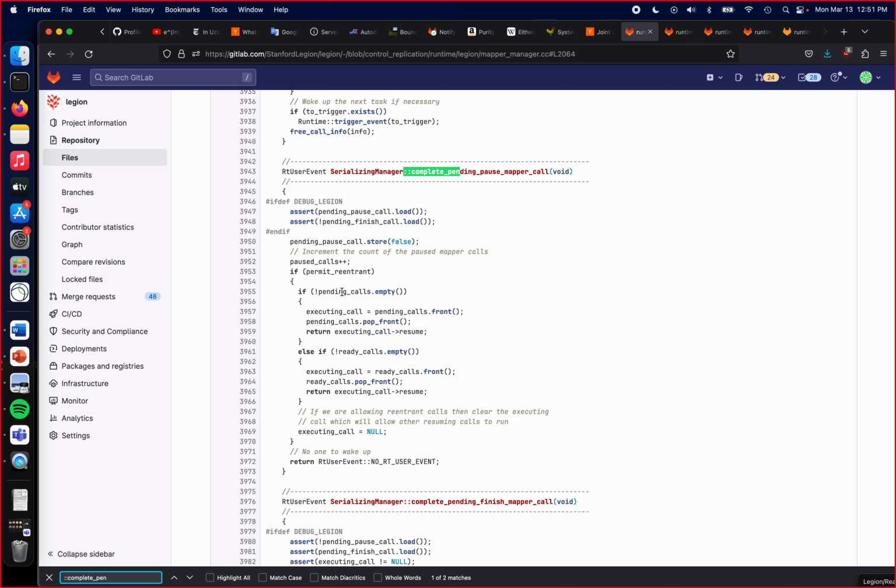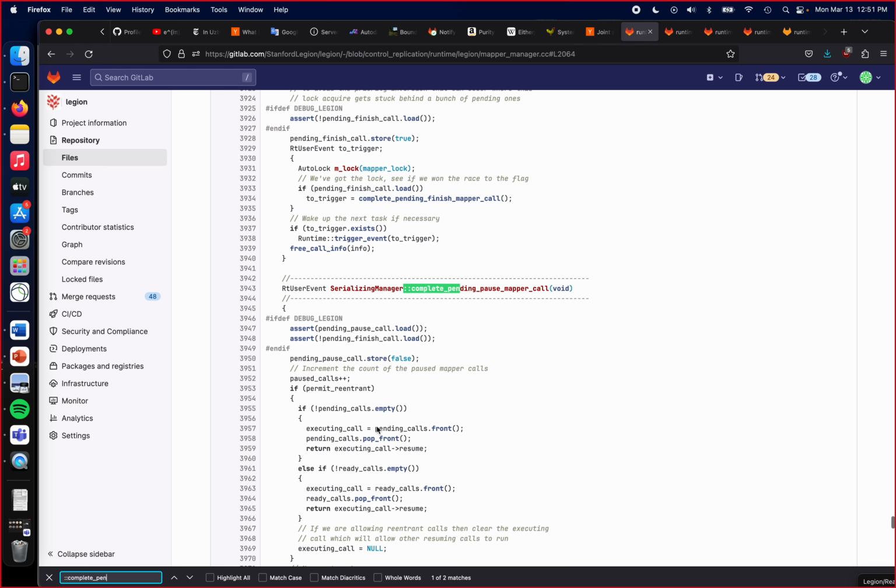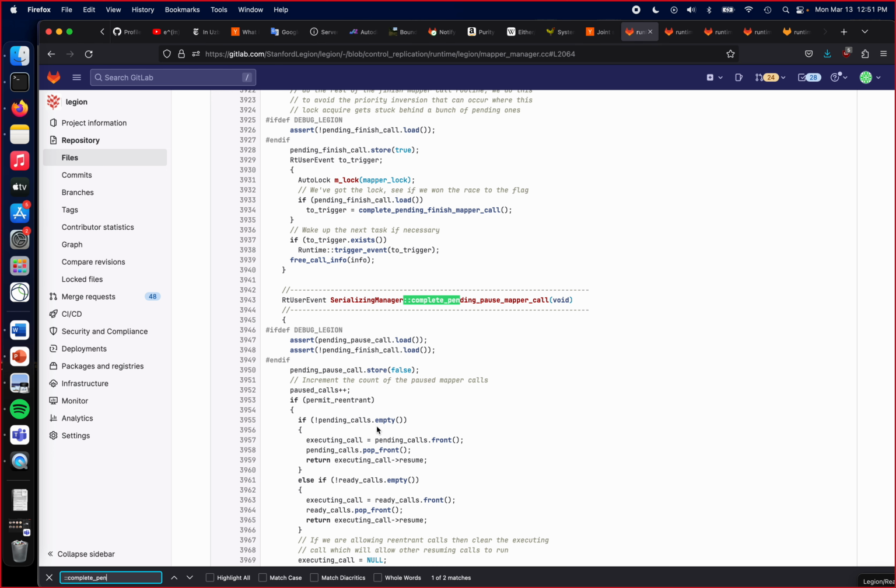So any calls that had already started running but had paused previously, we're going to wake them up, and we'll return the event to actually trigger that wake up. Otherwise, if there are no paused calls that are ready to run now, then we'll look at the set of ready calls, pop the first one off the front and run that. Then we can mark that we're no longer the executing call, right? And so that's effectively how you wake up a waiter